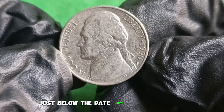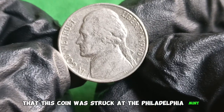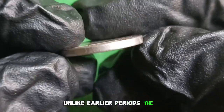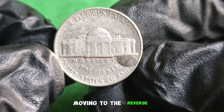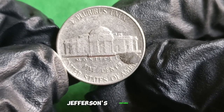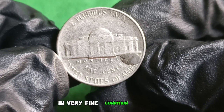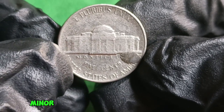Just below the date sits the P mint mark, indicating that this coin was struck at the Philadelphia Mint. Unlike earlier periods, the P mint mark was already standard for nickels by 1990. Moving to the reverse, the coin showcases the iconic Monticello building, Jefferson's historic home. In very fine condition, the dome, windows, and steps remain visible, although some minor wear can be seen on the